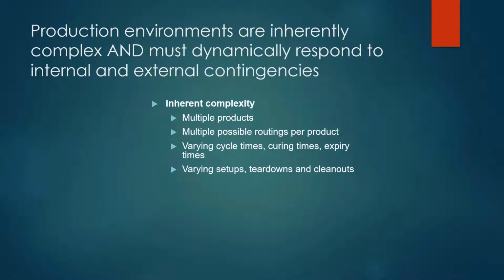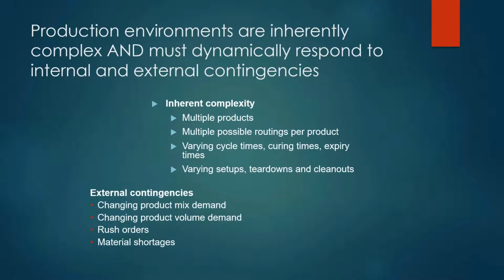Work centers have varying cycle times, and products may have different curing times, cooling times. In the case of food or solvents, different expiry times. And then there's varying setups, teardowns, and cleanouts. So even if your supply and demand are absolutely constant and your equipment is 100% reliable, there's an inherent complexity to getting product down the line and out the door. But supply and demand are not